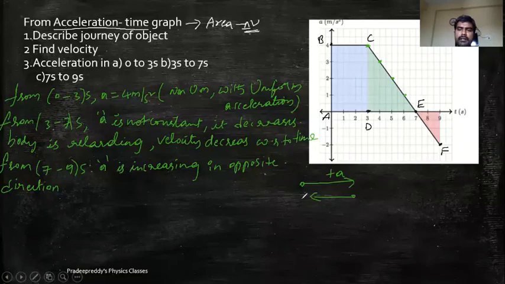So first acceleration is 4 meters per second squared, and that goes 4 to 0. Again, it has approached 0 by the 7th second. From the 0th second, it travels in the opposite direction, going from 0 to -2. So therefore, acceleration is increasing in opposite direction. Therefore, it is called negative acceleration.